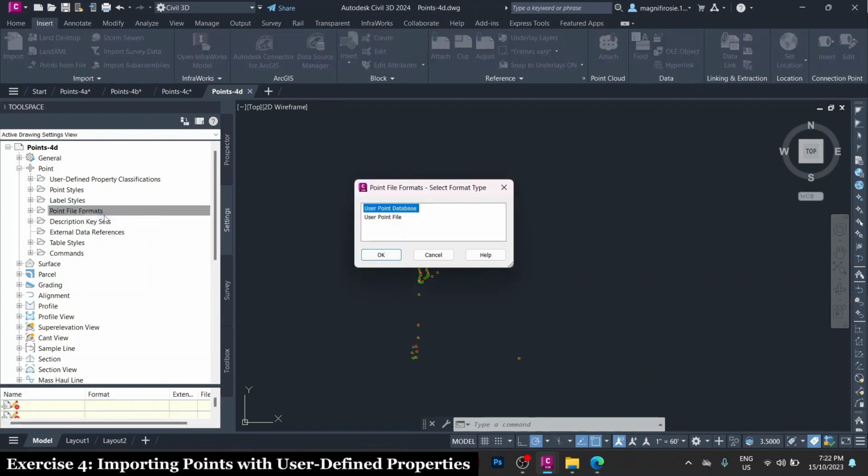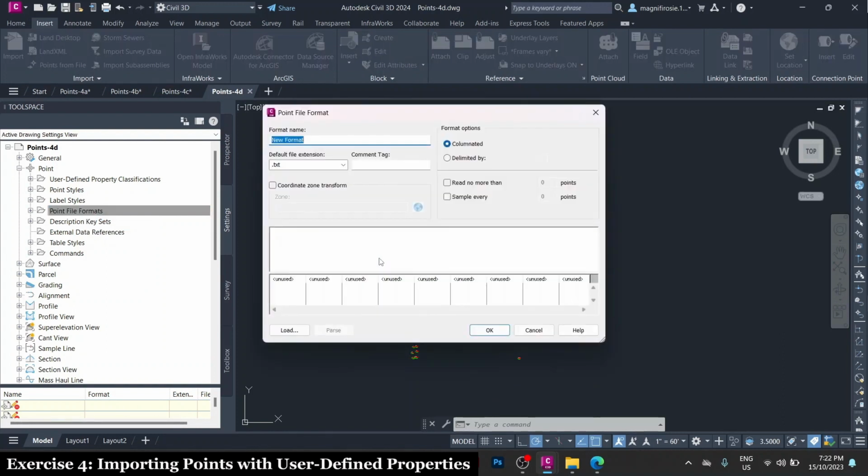In the Point File Formats, select Format Type dialog box, select User Point File. Click OK. In the Point File Format dialog box, specify the following properties. Format name, manhole data. Comment tag, number. Format options, delimited by,